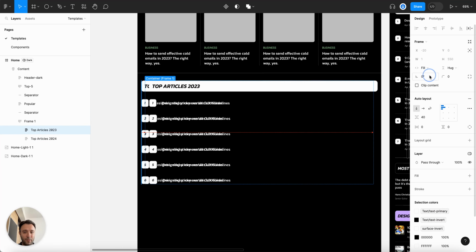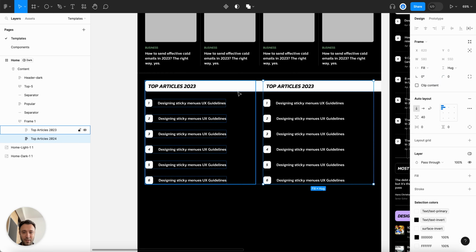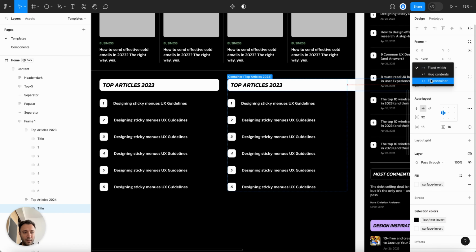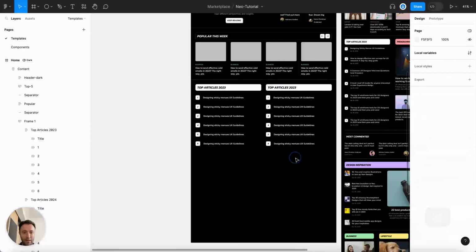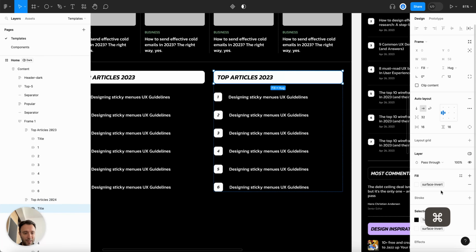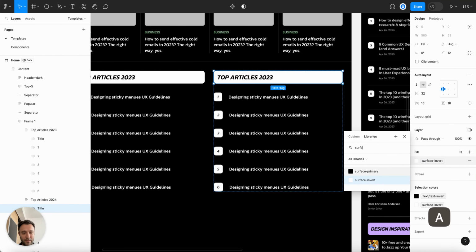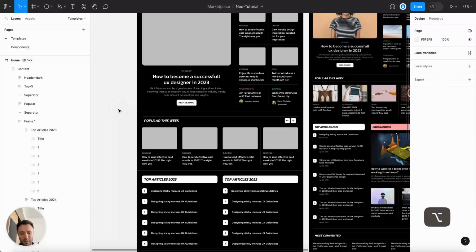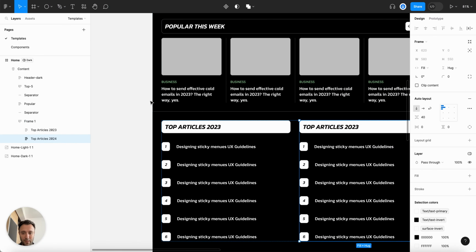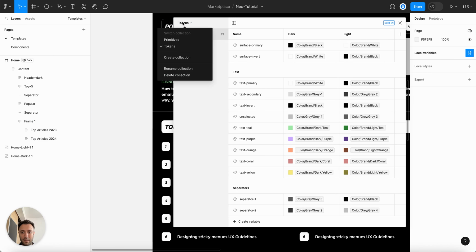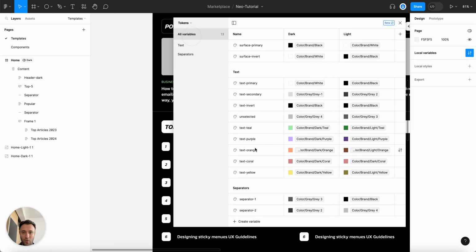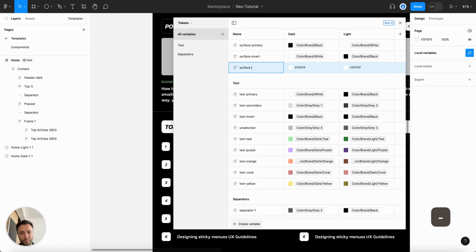Okay, and you have here to give it a fill, and here to give it a fill, and you see here something is almost done. You have to select every group within the parent group and give them the same values. Okay, so let's select this, and let's say we want the surface. So we have to define the surface, but let's go to text separators, and create a variable called surface teal,